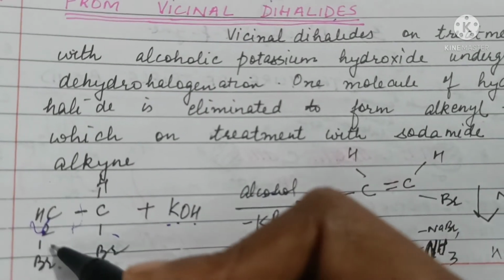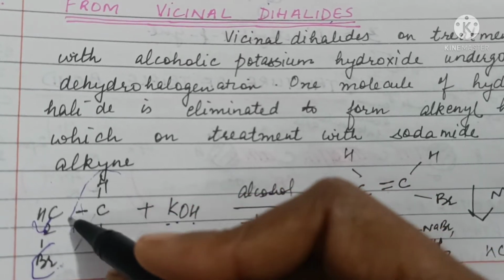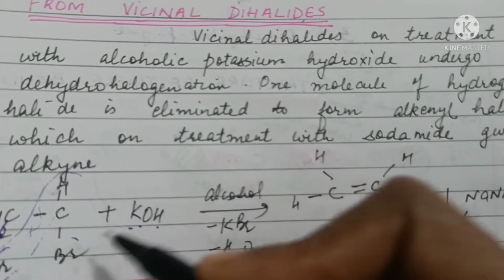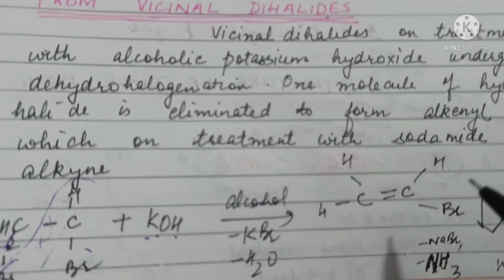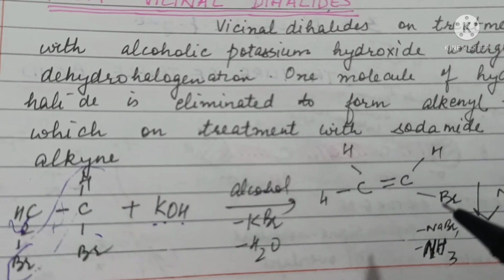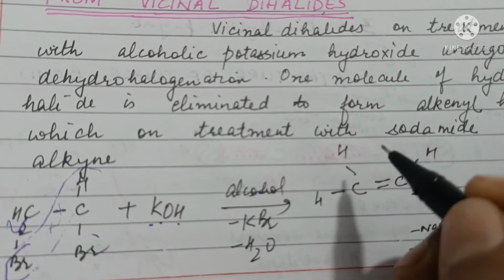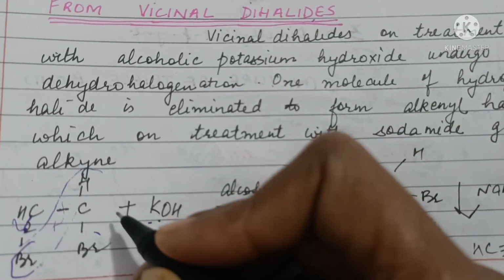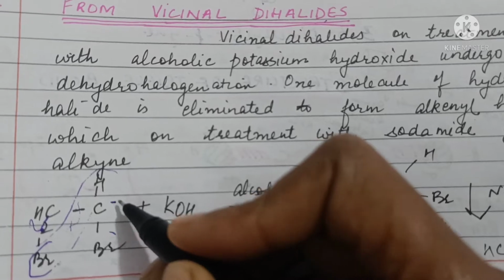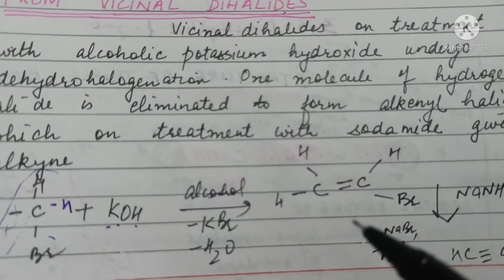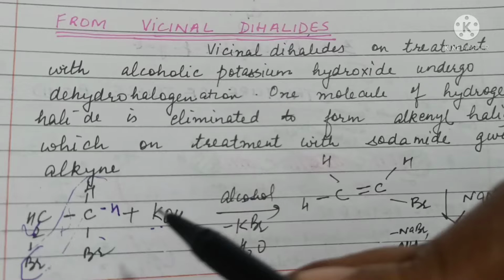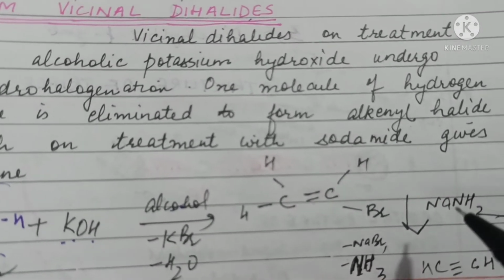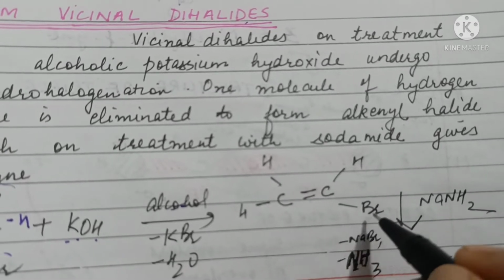So Br of this carbon atom and H are removed as HBr, so CH2 is left here and CHBr is left here. So what we get is CH2=CHBr. Then in the next step, after heating with alcoholic KOH, we get vinyl bromide. Then we react it with sodamide. So this Br of